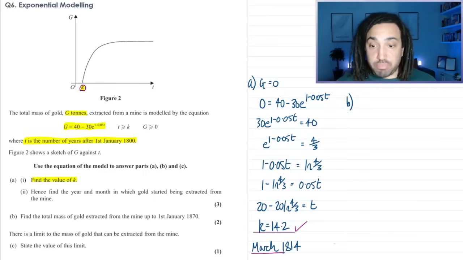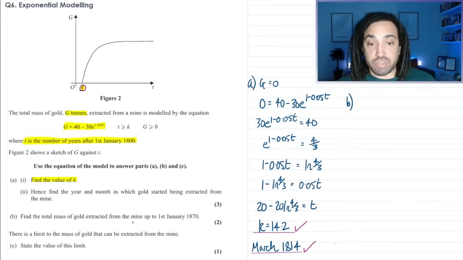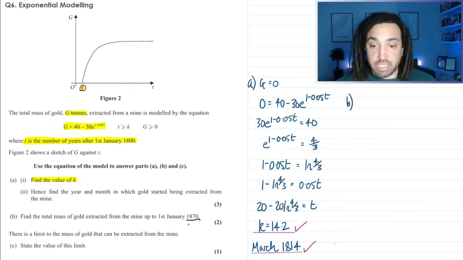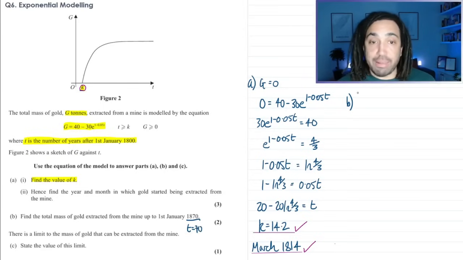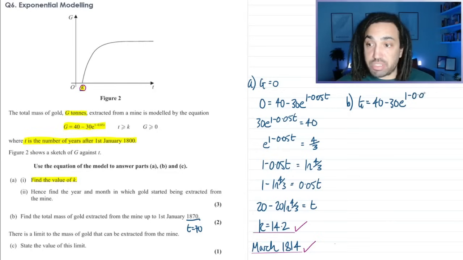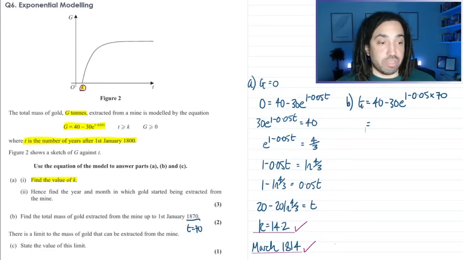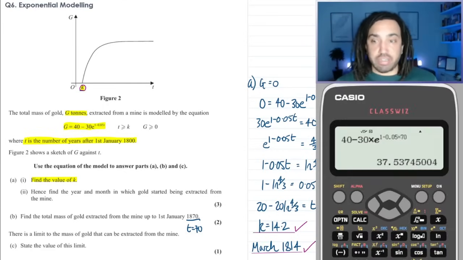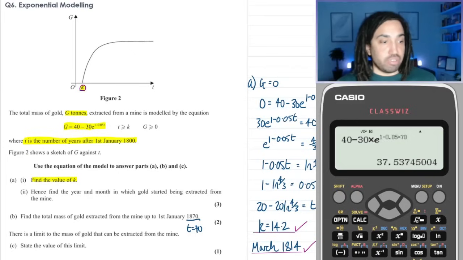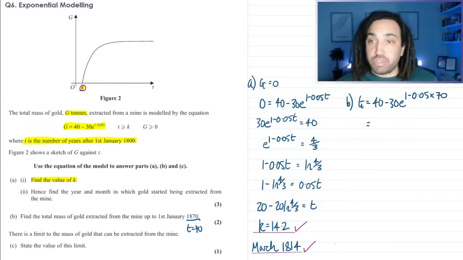Now part B, it says find the total mass of gold extracted from the mine up to the 1st of January 1870. So there, T is equal to 70. So we just need to sub that into our formula. So we say G is equal to 40 minus 30 e to the 1 minus 0.05 times by T, which in this case is 70. And that can go straight into our calculator. Okay, I've put that in my calculator, and we've got 37.5, and that will be in tons. Again, making sure we use the units as a modelling question. So 37.5